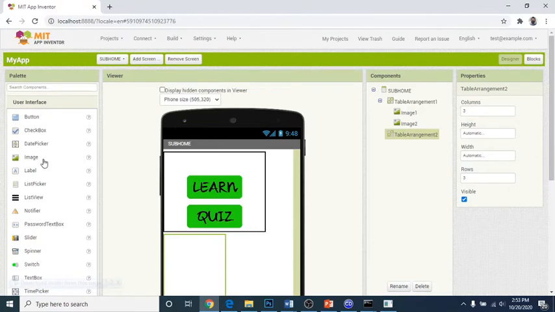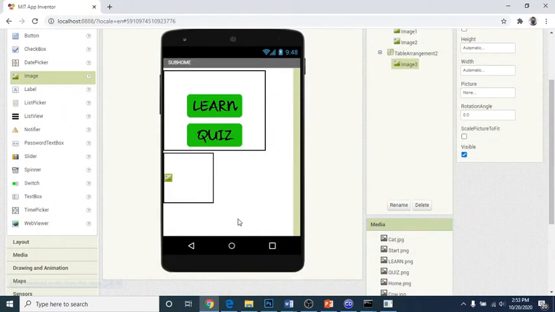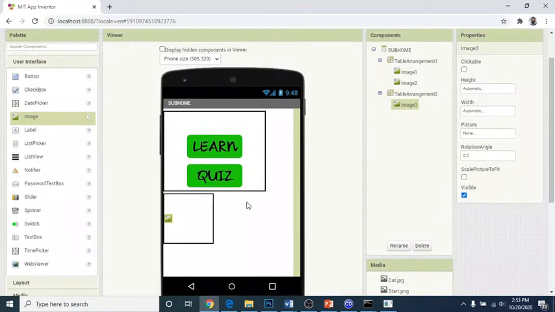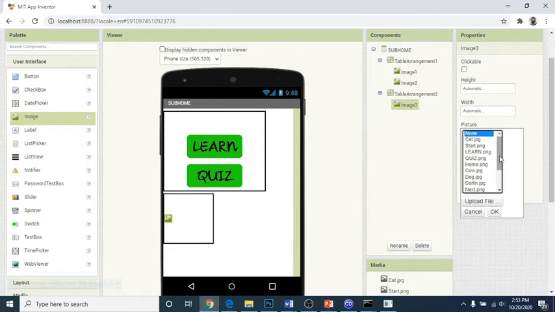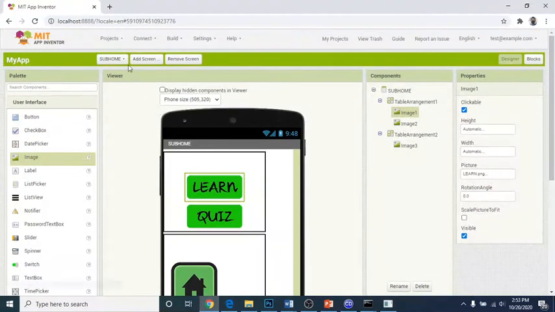And then, we will be adding image ulit dun sa pinakababa. Or kahit dito. Sabihin natin ganyan. And then, this will be your home button. Home button, we have your picture. And then, you need to upload your home button picture, or kung nandito na, just select and then click OK. So, nandun na yung home button natin. Make sure na you choose clickable ulit. Clickable. Okay. When you click learn, magdi-display ang